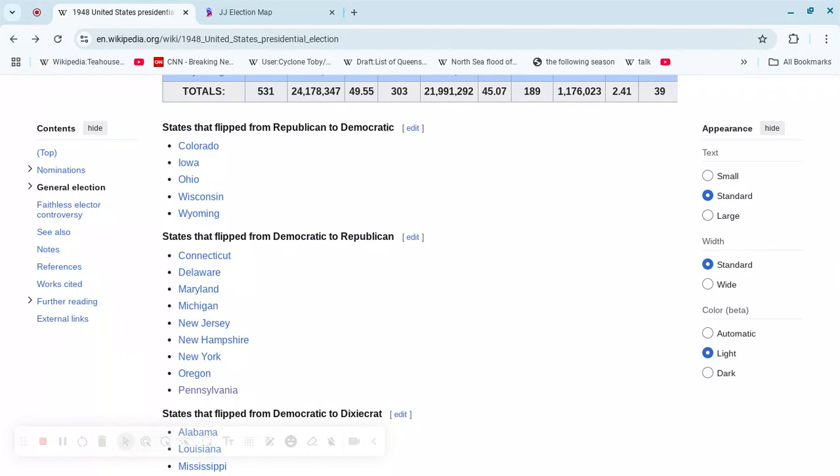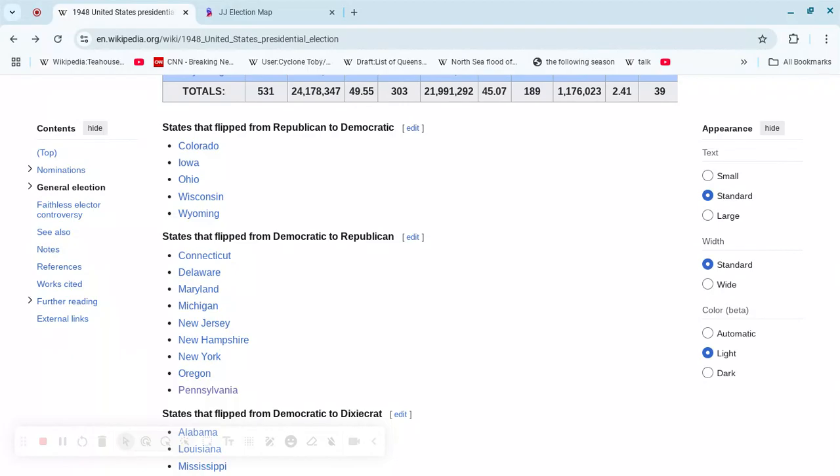If you add these together, this election looks a lot like 1944. And we'll get into what 1944 entailed for the Democrats later on in this video. But as we can see,